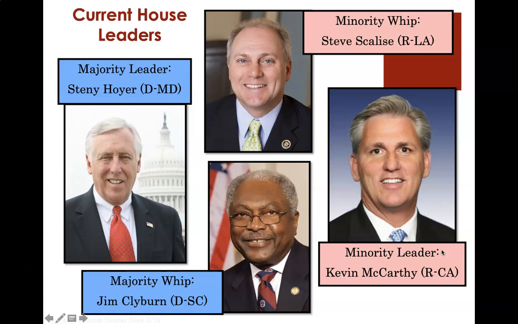So these are your current House leaders. Your majority leader is Steny Hoyer, a Democrat from Maryland. You have your majority whip, which is Jim Clyburn, a Democrat from South Carolina. And then the minority, I know this sounds strange. A lot of people are like, what is majority versus minority? Again, Democrats are the ones who have control, therefore they make up the majority, and this is why we call them majority. The Republicans do not make up the majority. There are fewer of them than the Democrats, so they are the minority according to numbers. Kevin McCarthy is the Republican from California, and Steve Scalise is a Republican from Louisiana.